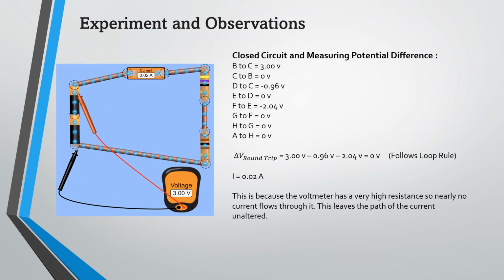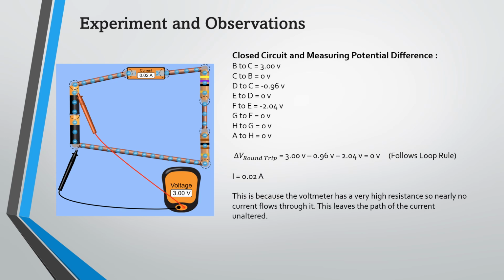Closed circuit and measuring potential difference. When measuring from B to C, it was 3 volts. From C to B, it was 0. From D to C, it was negative 0.96 volts. From E to D, it was 0. From F to E, it was negative 2.04 volts. And then for the rest of them, G to F, H to G, and A to H, it was all